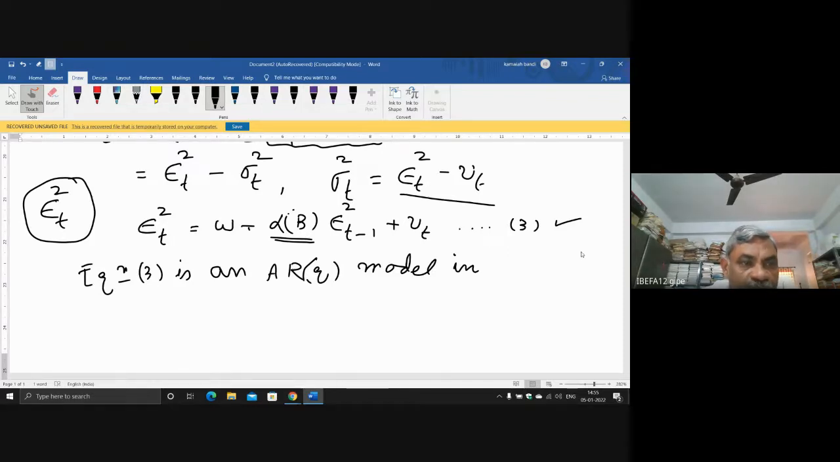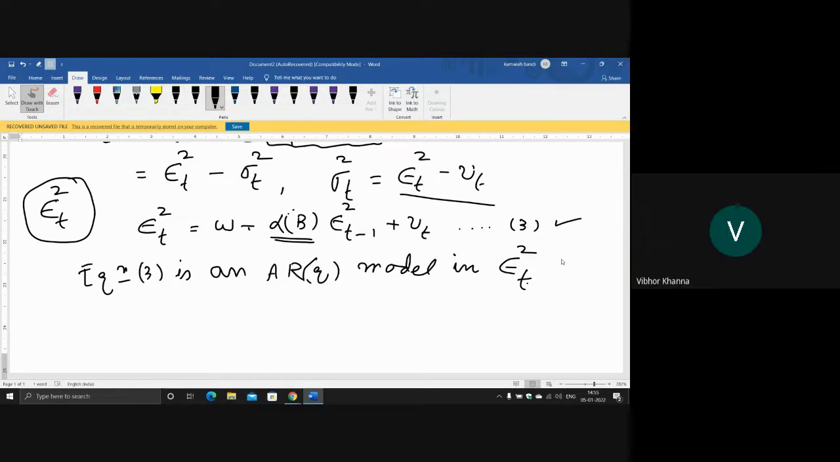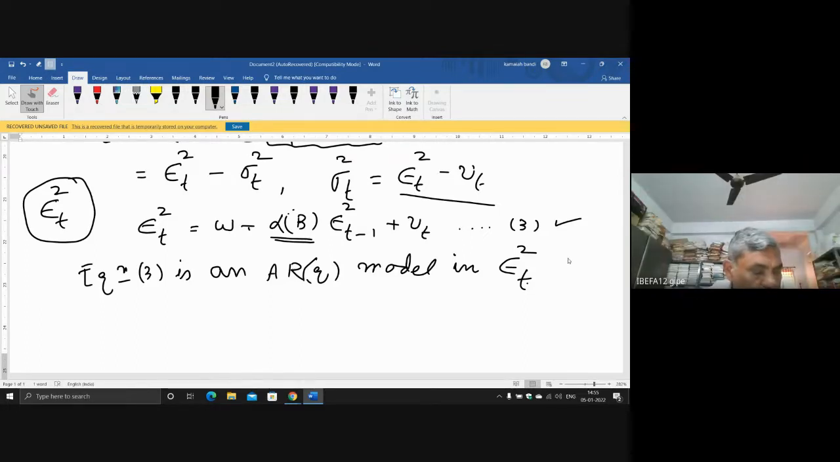I have written there epsilon t square. Okay? So this is also for the conditional variance. You can also compute the unconditional variance. The conditional variance is time varying. That is why we had put the suffix t. Whereas the unconditional variance, if you compute